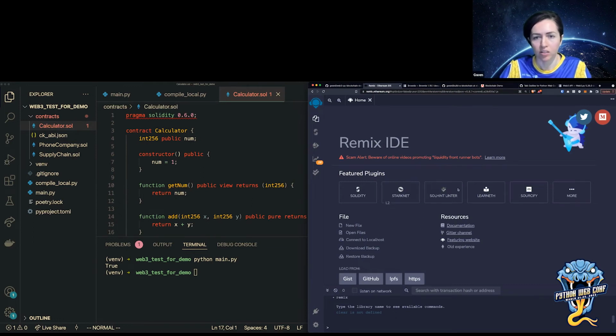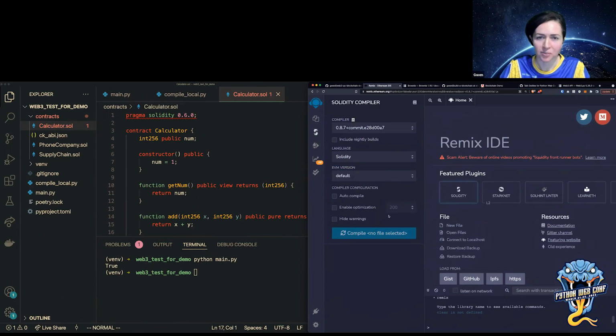So you'll see this homepage where I guess it gives you different information, and you can use different plugins. So you can program in different languages in this IDE. I'm just going to use Solidity here.